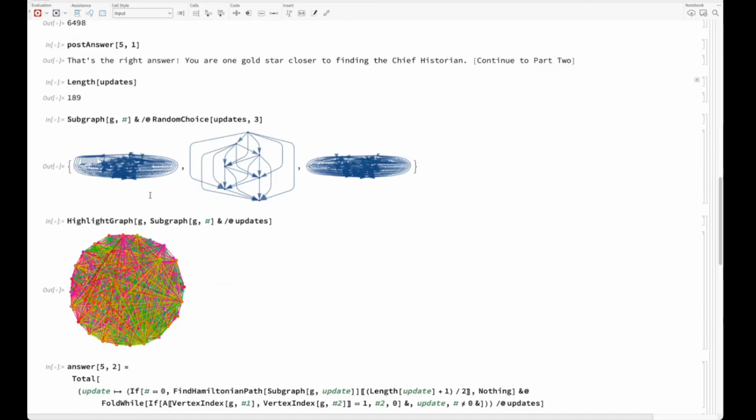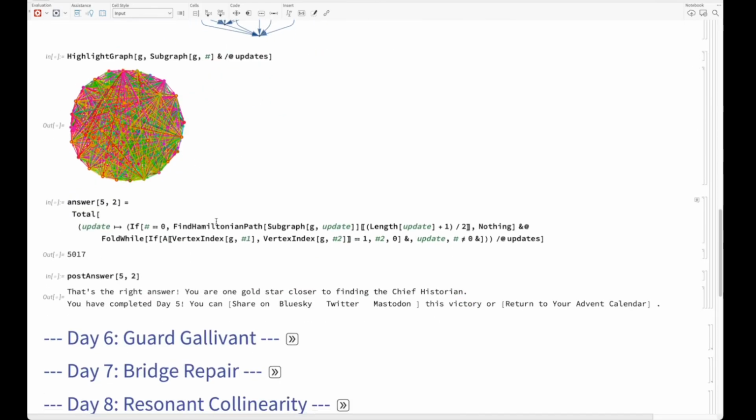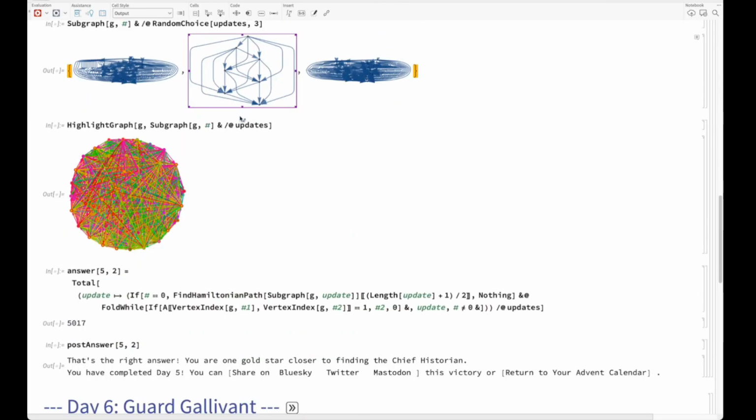The second problem was maybe more challenging. It involved some actual graph algorithms like finding Hamiltonian paths, but it was also very easy to do because we didn't have to code it from scratch. We just had a convenient function to extract the subgraph from all those updates, right? Updates is just a list of vertices. Given that we already have the graph, I just highlighted all those updates. Each color is one of the subgraphs. So given a subgraph,